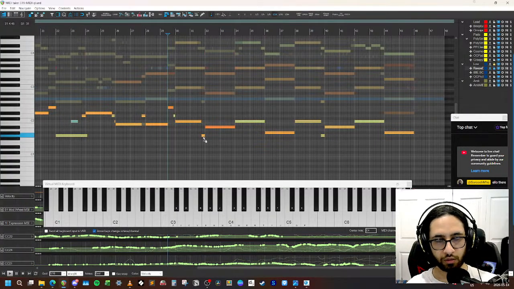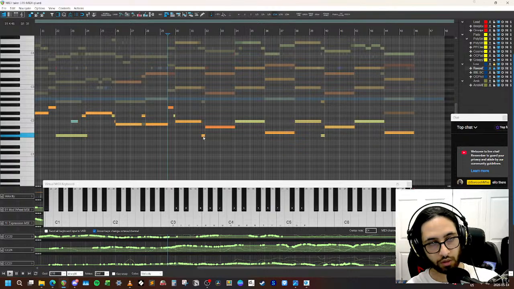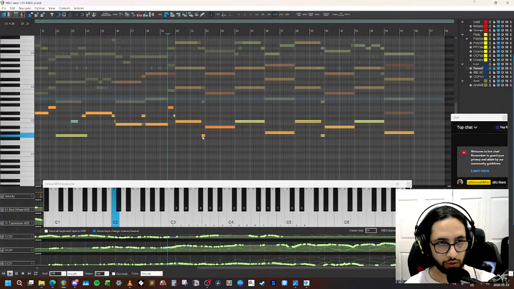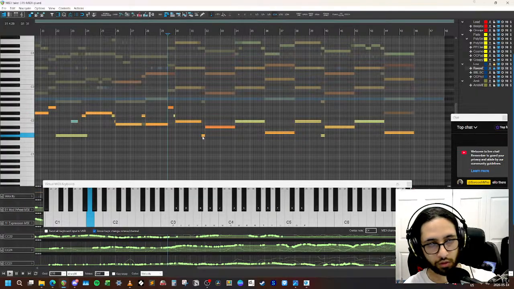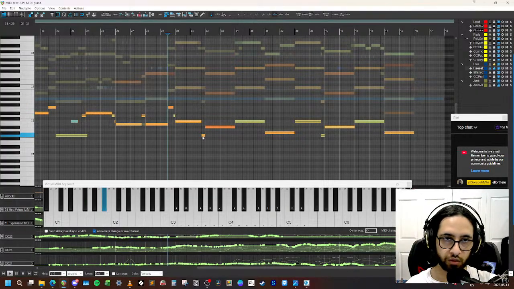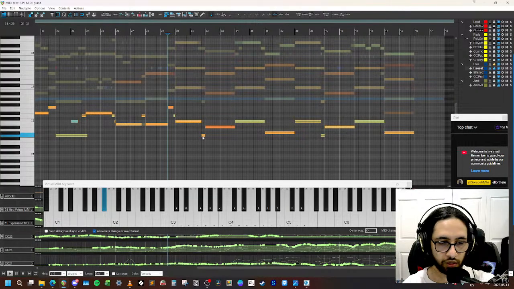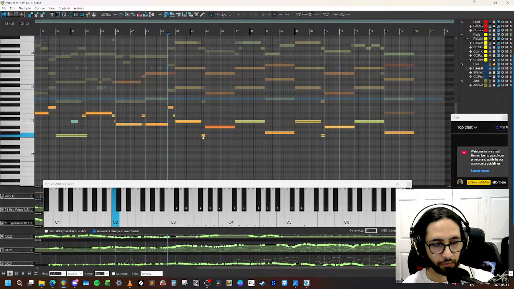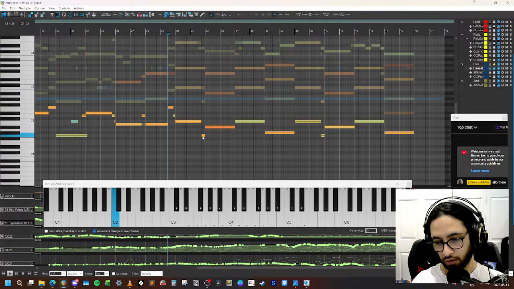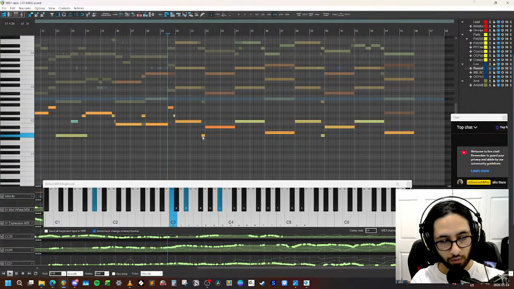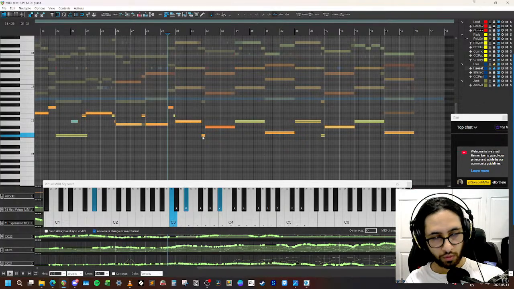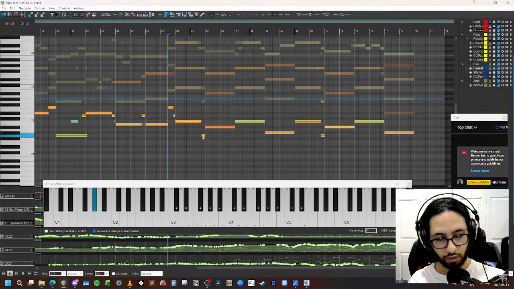It does a little, so it starts on the C. And then it goes to G very quickly. And then to the B flat. And then C, A flat. And then C major 7.